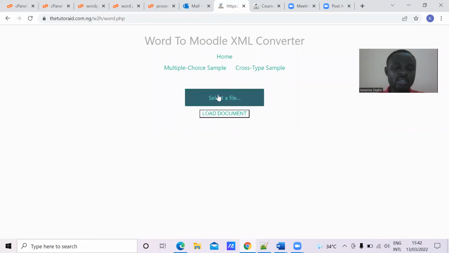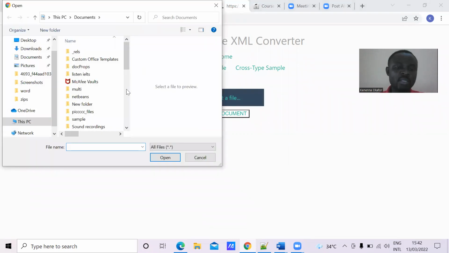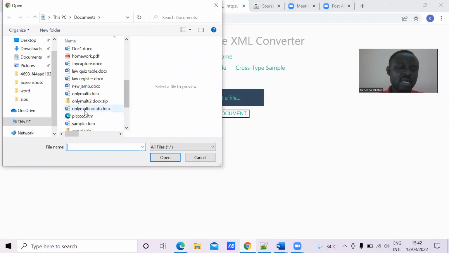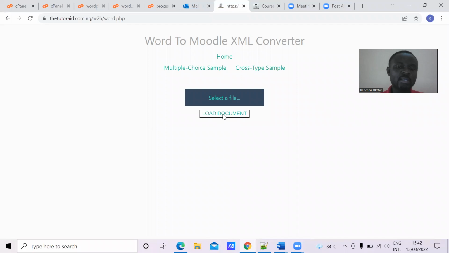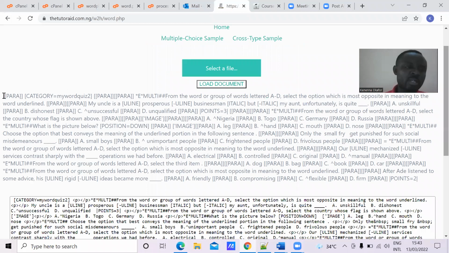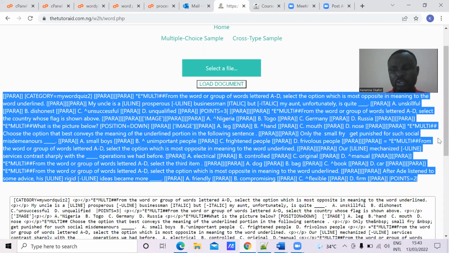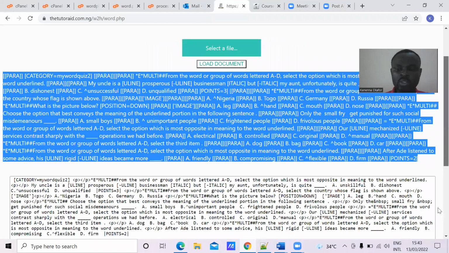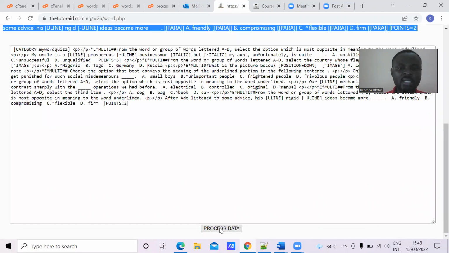It brings us here. So I'll select a file. Select the file, and I saved it as only multi, no tab .docx and load document. Make sure that in saving the file, it must have the docx extension. That is the only acceptable file format, right? So let's just forget about all this here. We're not so interested in that. Just scroll down until you find the process data button. Just click on that, process data,